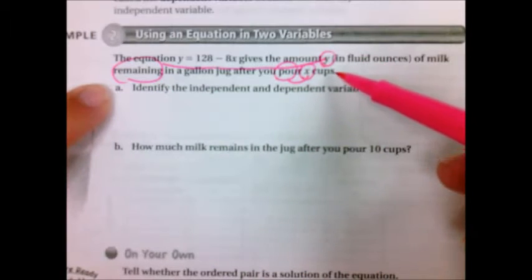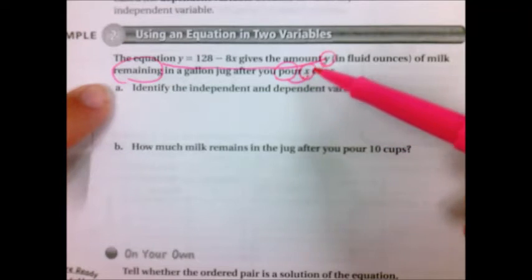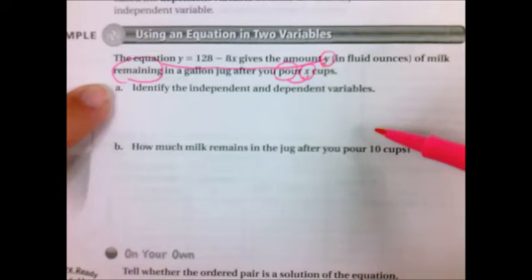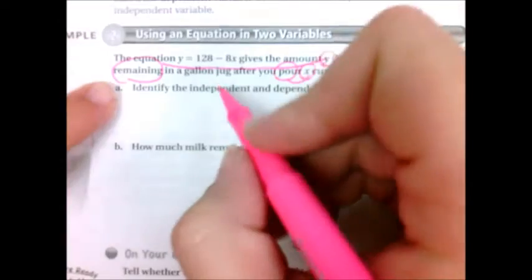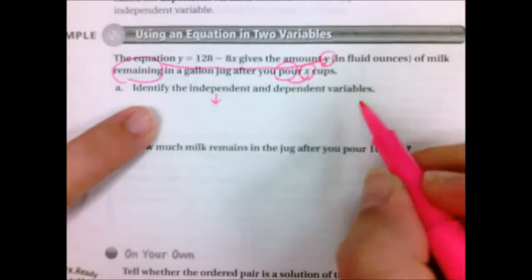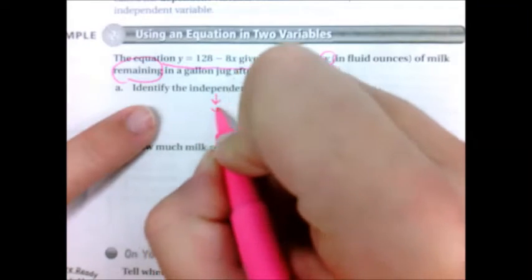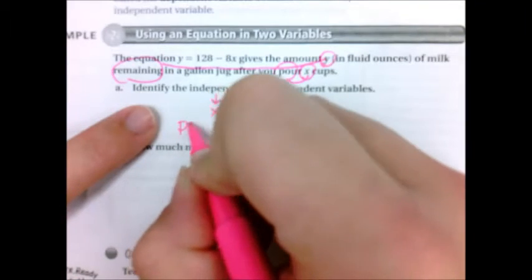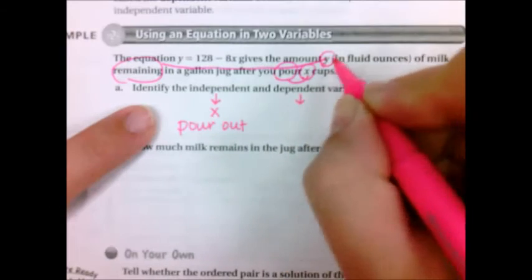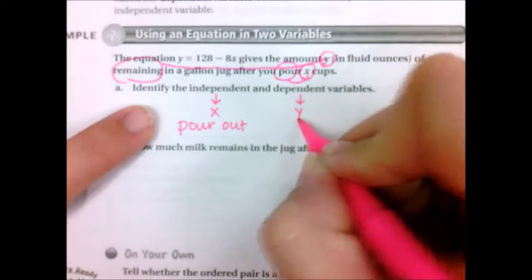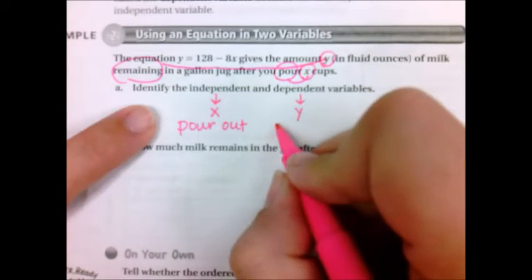So if I picture this problem, as I pour milk out of the jug, that determines how much milk is left in the jug, which means my independent variable is going to be x. It's going to be how much I pour out. That's going to determine y, how much is remaining